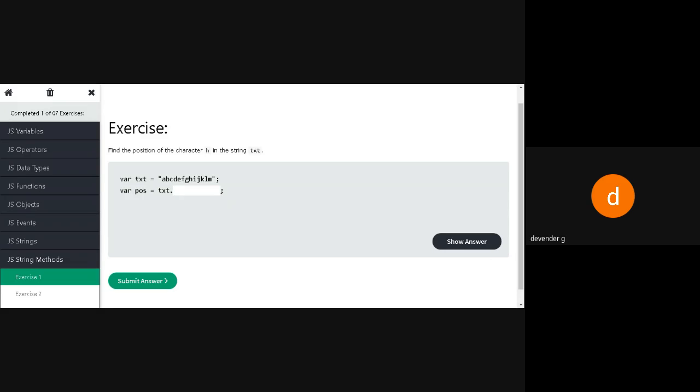For this we need something called indexOf of the character whichever you are looking for. Whichever letter you are going to look for in that particular string or text, you get its position. So the position we can get with the help of the indexOf function.